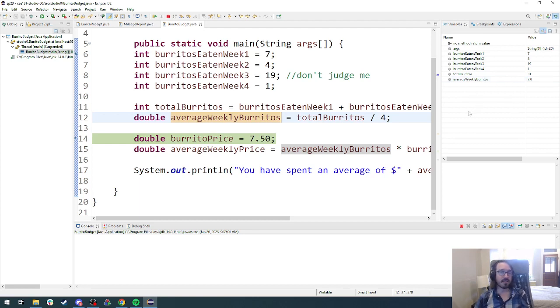There's a few different ways, right? If an integer divided by an integer gives us an integer, well, let's see if we can get a double in there somehow. So I can change total burritos to be a double. That would work. Or I could change this to be a double by putting a 0.0 on the end, actually. That's also a way that we can inject a double into this. And now, integer divided by a double has to be a double, right, in order to retain all of the information involved. If we run the program again,